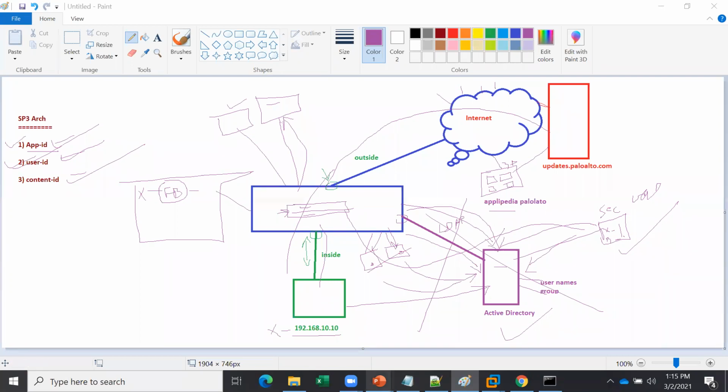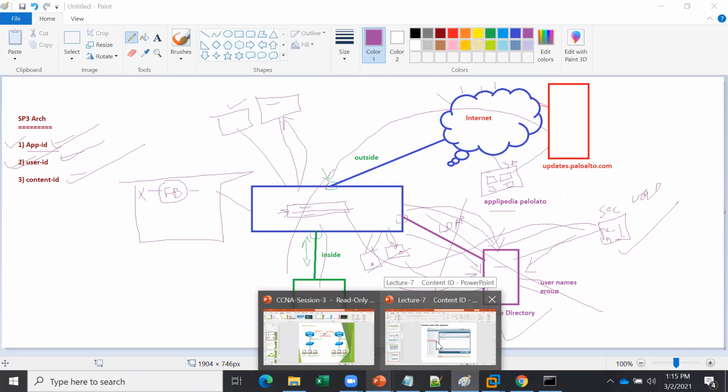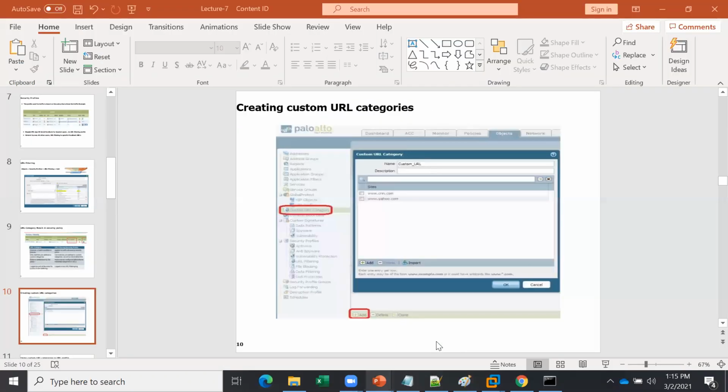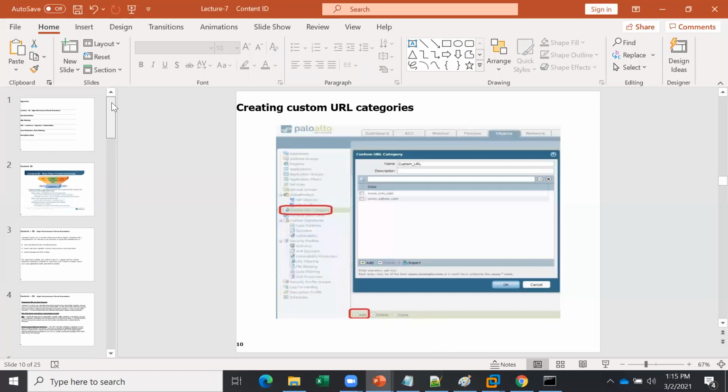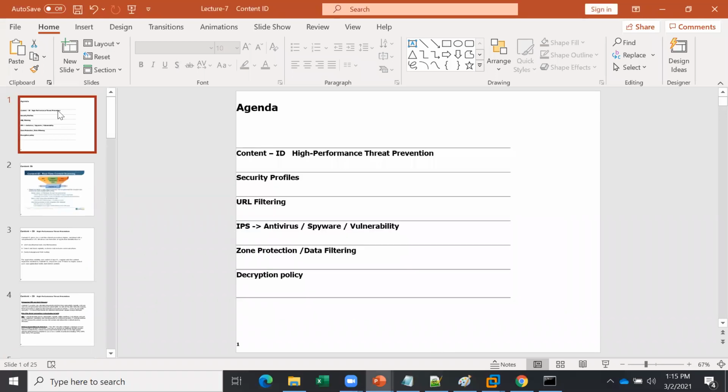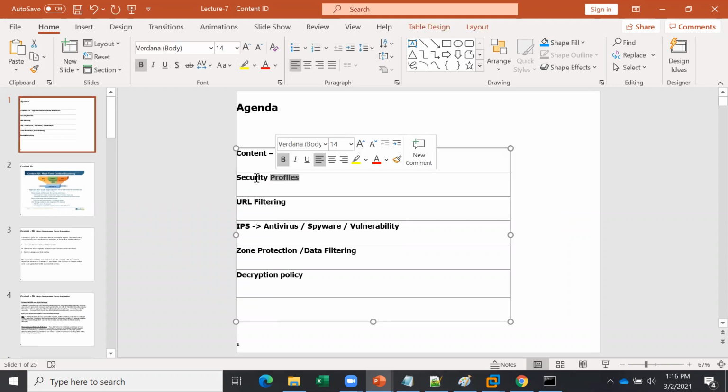So for the content ID, let me share my screen. Okay, the content ID is the next generation feature. We use security profiles, and we bind them to our security rules.